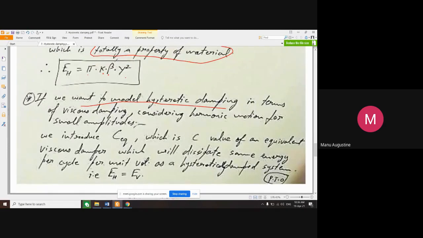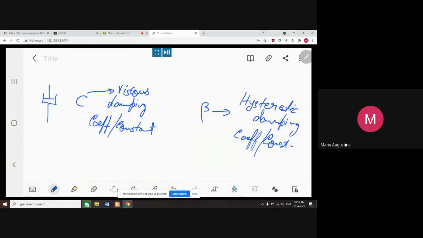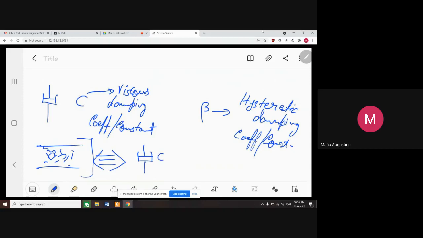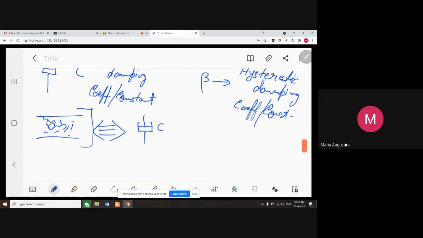Anyway, now we want to model hysteretic damping. अभी आपके पास में क्या आया है, एक बीटा का वैल्यू आ गया है, और अभी आप एक डैम्पर से रिप्लेस करना चाहते हैं इसको। Now you want to put a damper in place. डैम्पर को रखने का मतलब क्या है, आप ये कहते थे कि कहीं पे फ्लूइड है और दो सरफेसेस के बीच में विस्कस डैम्पिंग हो रही है, so you said no problem, we convert it into an equivalent dashpot damper. ये जो सिंबल बनाते हैं, this is the symbol of a dashpot damper, a dashpot damper of viscosity C and the coefficient C।